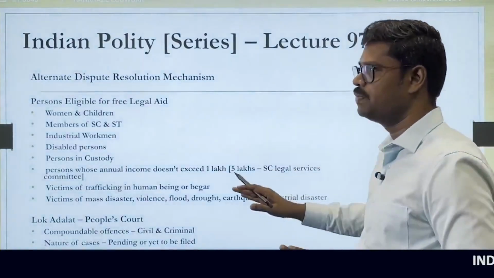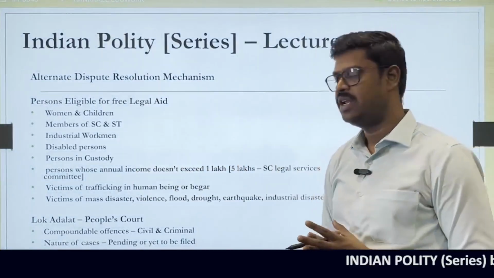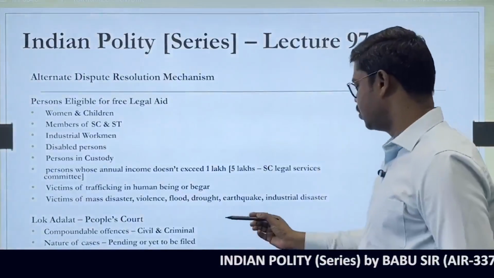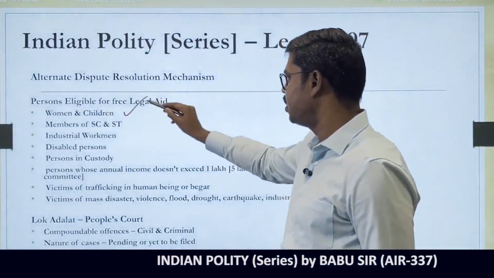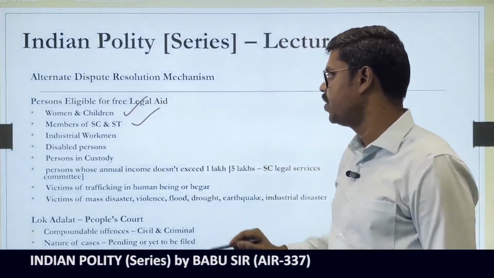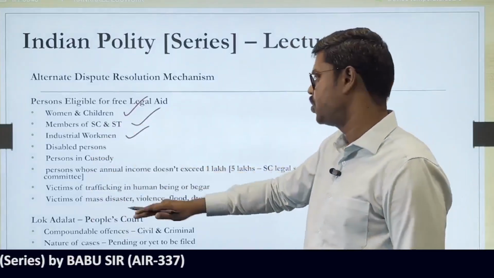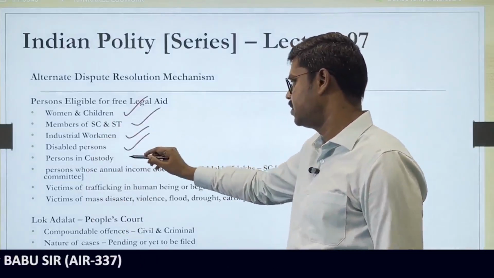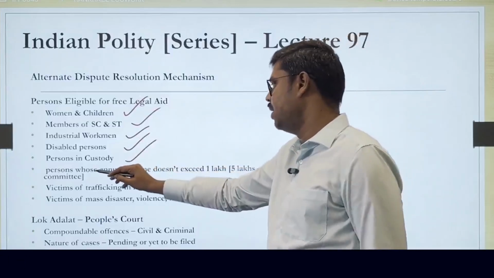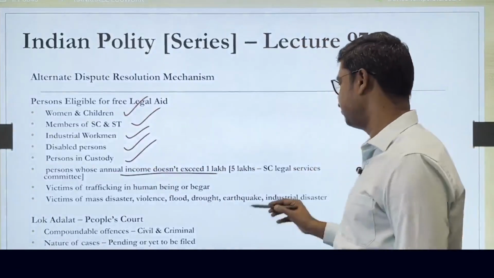is another important thing. Only these are the categories of people who are eligible to get what is called free legal aid. So who are the categories of people who are eligible? Here you can see that women and children are eligible, members belonging to scheduled caste and scheduled tribe, industrial workmen, so normally people who are considered laborers, disabled persons, persons in custody, and persons whose annual income does not exceed 1 lakh normally, but if they have